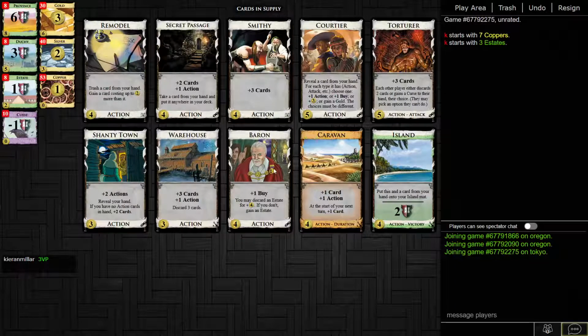I don't think I like Baron. I was just wondering, do I like Baron? I would like to eventually rather have a Courtier, I think, and reveal it to a Torturer if I'm going to get a plus buy. Actually, Baron's probably okay. Maybe we don't have to trash all of our estates here, and we can eventually get a Baron. But I think I'm opening...